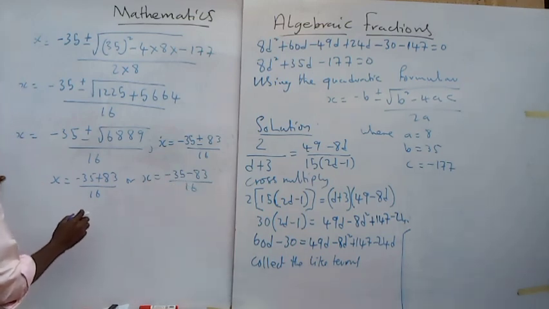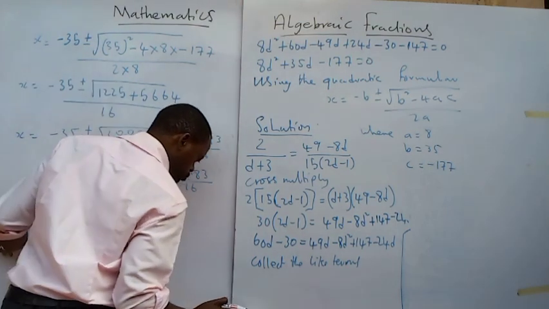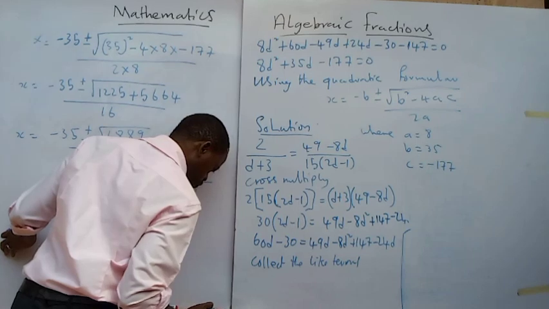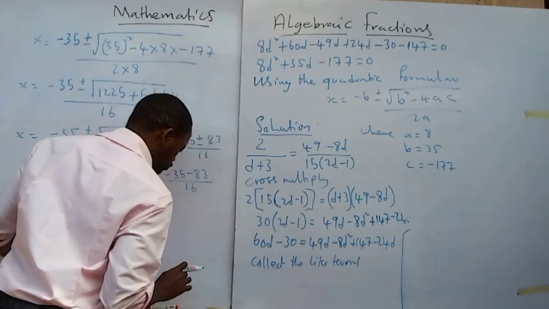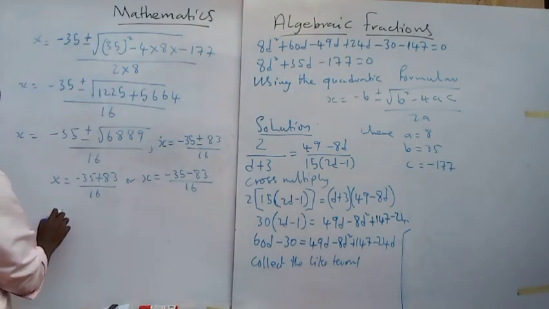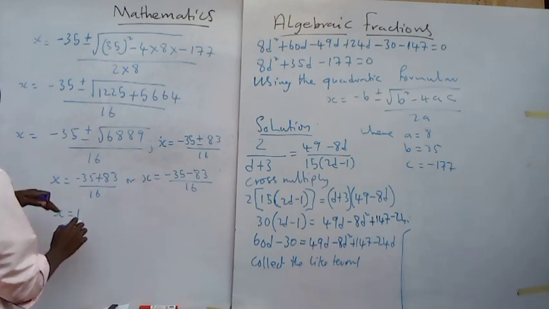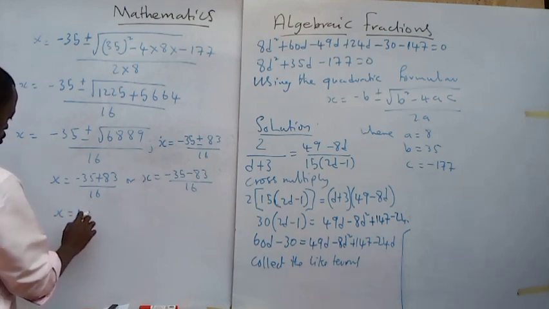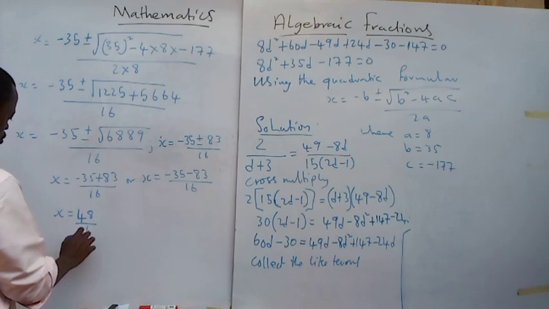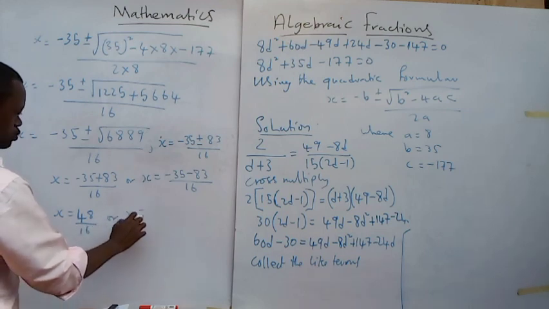So 83 minus 35 will give us 48. So we have x equals 48 over 16, or x equals